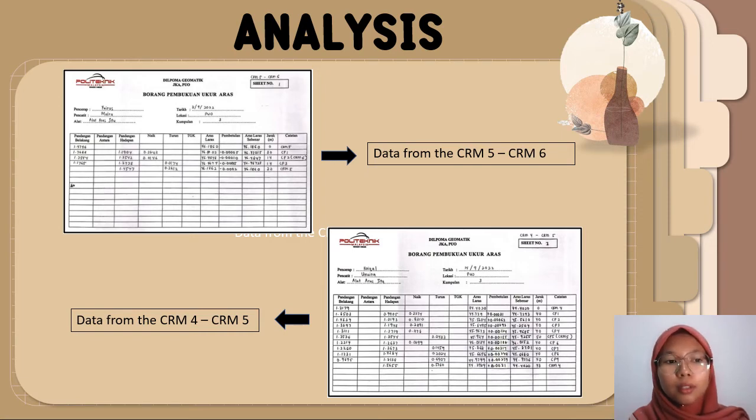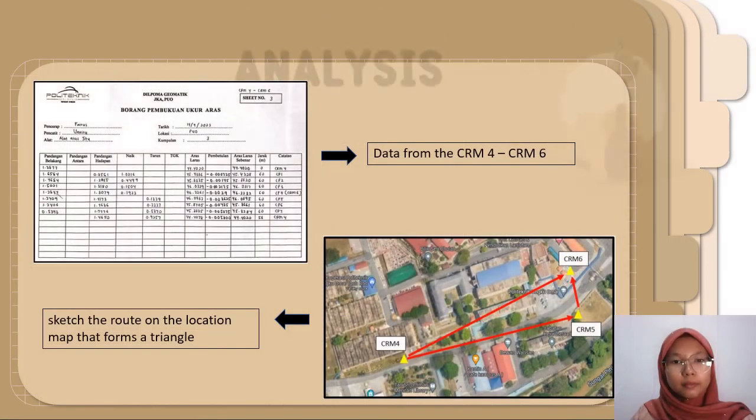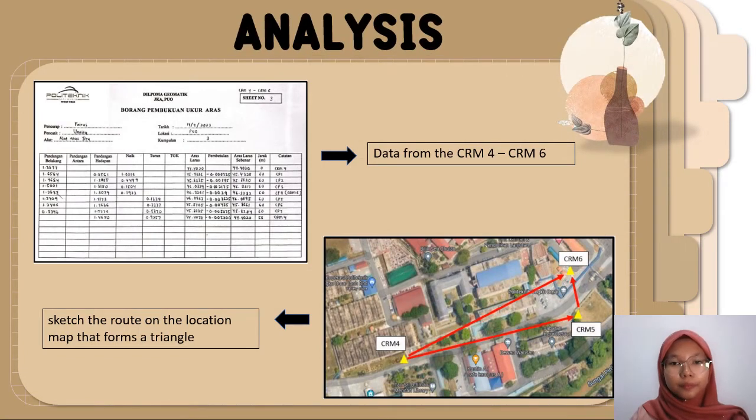until 22 September. Here is the data from CRM 5 to CRM 6 and data from CRM 4 to CRM 5. The next slide is the data from CRM 4 to CRM 6. You can see in the field book, we need to write